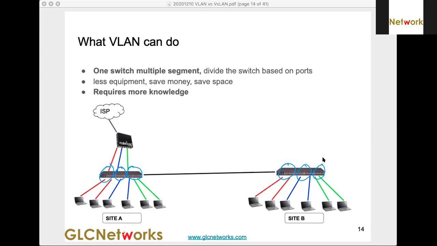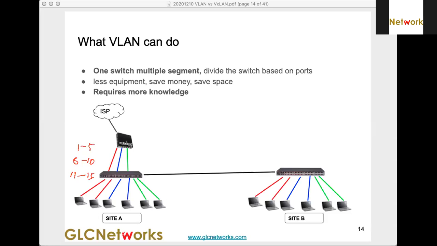So it's easy, right? Usually when you divide, it's based on the ports. Ports 1 to 5 are for finance, 6 to 10 for another department, 11 to 15 for another department, and so on and so forth.